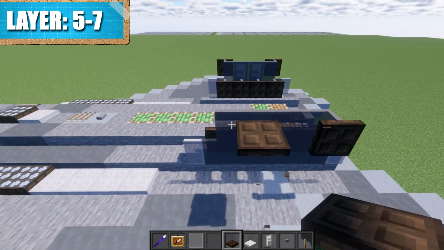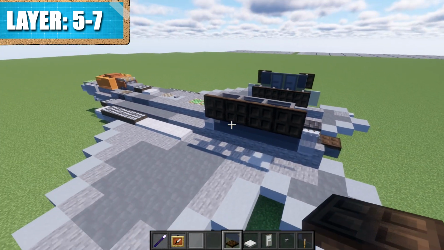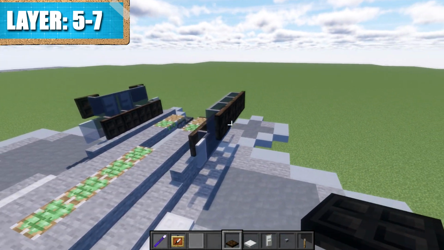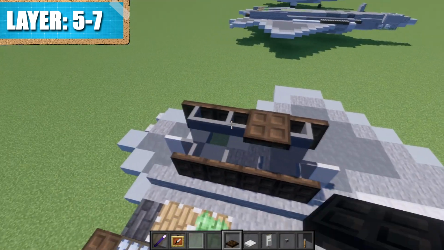And we're going to go ahead and do this. If you don't want to do the banners, you don't have to as well. You'll just go ahead and place down a line of dark oak wood trapdoors all the way across instead. Then after we have that all done there, we're going to go ahead and go up for the middle 2